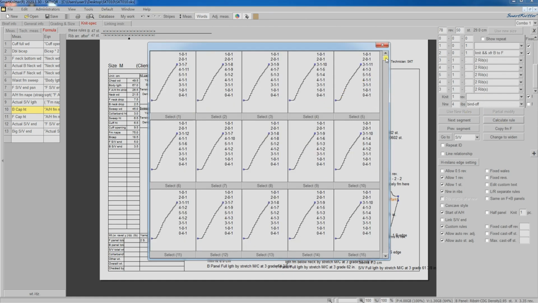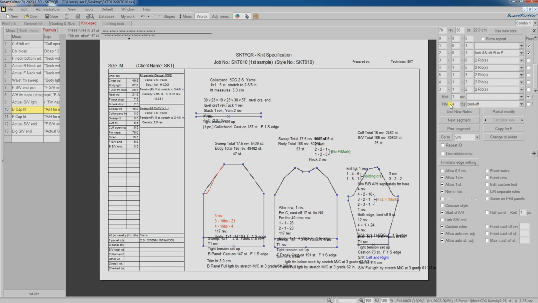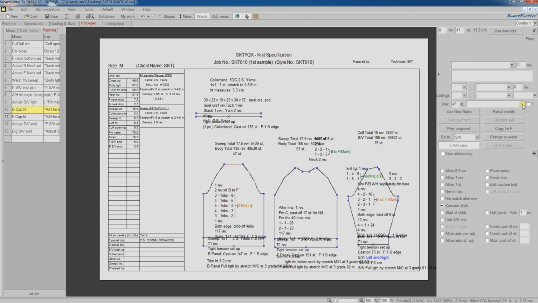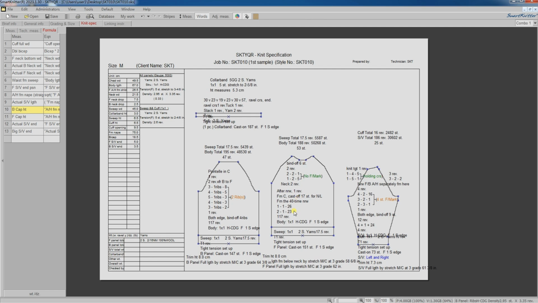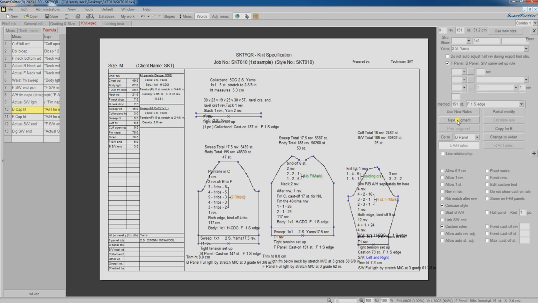Select suitable curve for the back arm's eye. Click Use new rules and continue. Select Pointel at center for linking marker. Organize the knit spec. For front panel, using same options as in the back panel,